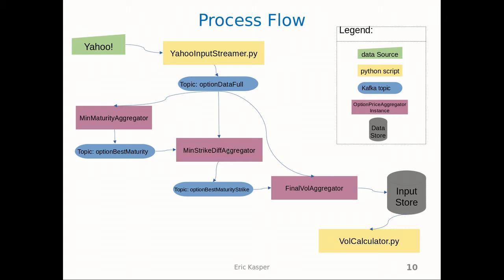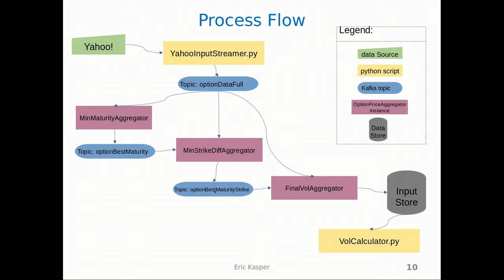And then the next aggregator instance is going to take the option chain again, and it's going to join it to the tagged maturities and filter down. So basically kind of an inner join to reduce the data set down to the ones with the best maturity, and then it's going to aggregate by strike to find the ones which have the closest strike to spot. So we end up with the option that has the best